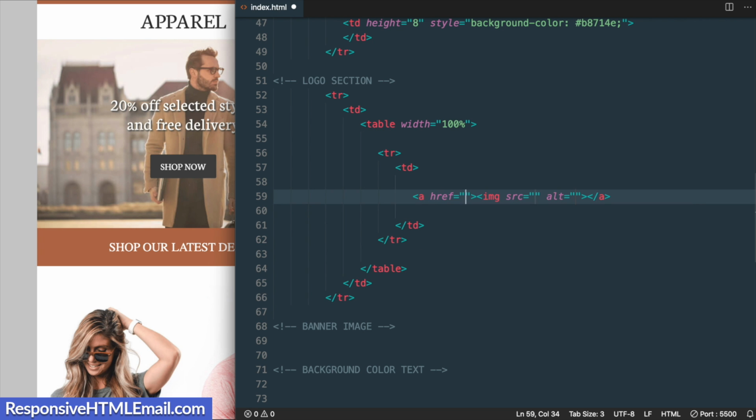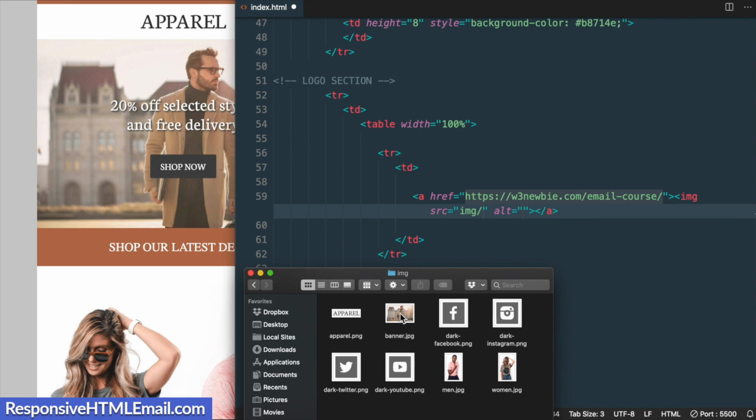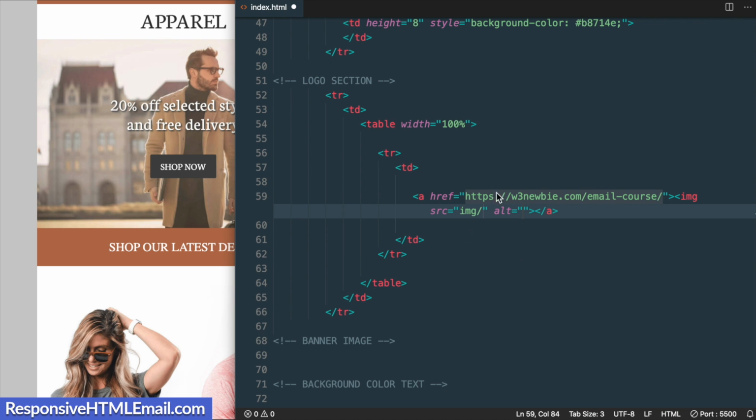Then we can set a URL. So I'll just set it to the link to my email course, which is w3newbie.com/email-course. And then what we can do is set the actual image URL. So that's going to be inside of the image folder with img/ followed by apparel.png for the image file. So I'll write apparel.png. So now if we save it and take a look in Chrome, we'll see our image,